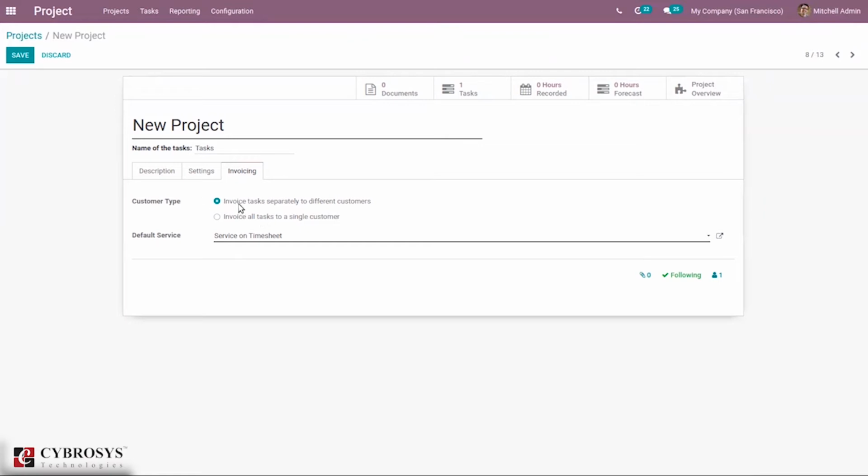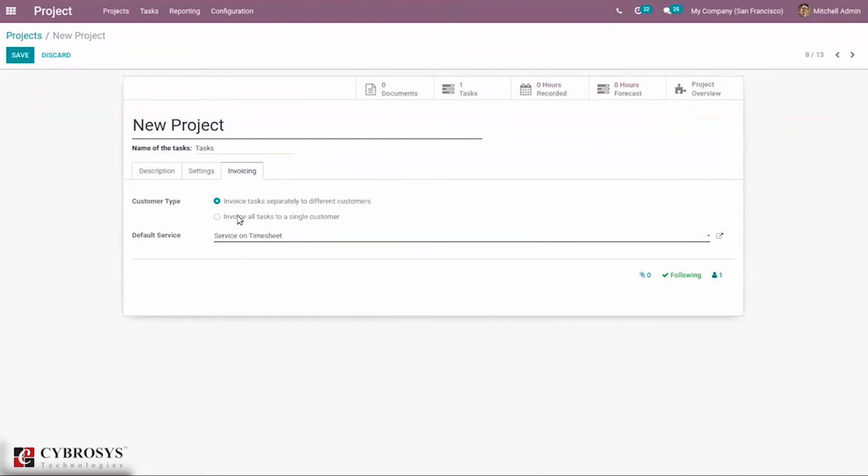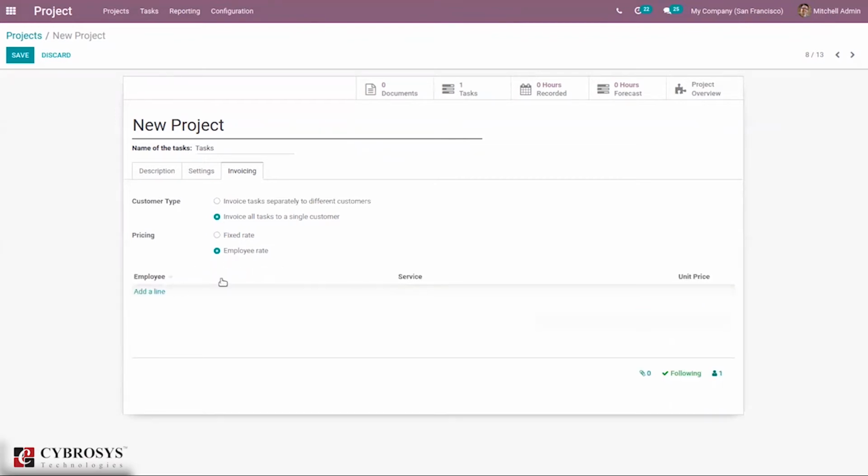When the first option is chosen, you can see a field to select the default service. That means we have to select a default service product from here. And if you choose the second option, that is invoice all tasks to a single customer, then we can see a new field, that is pricing. We can set a fixed rate, and also we can set pricing based on employee, that is employee rate.